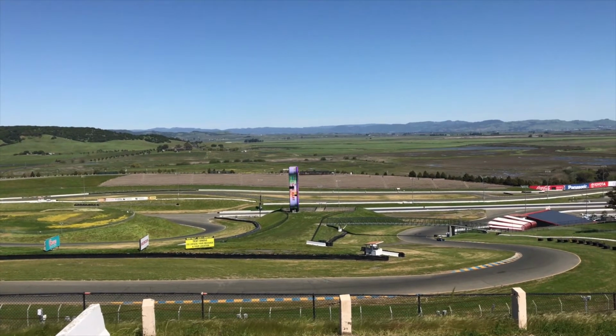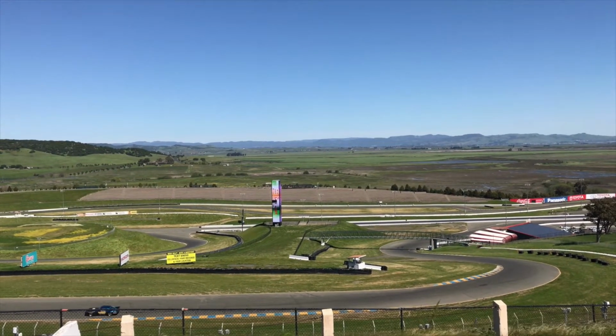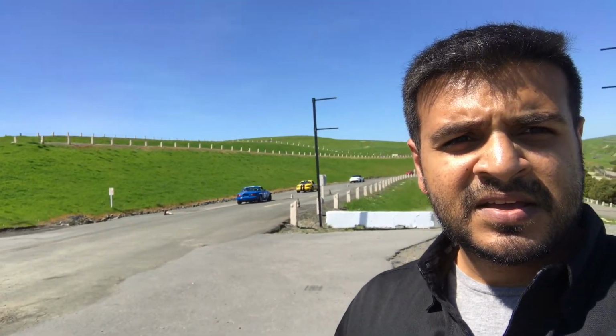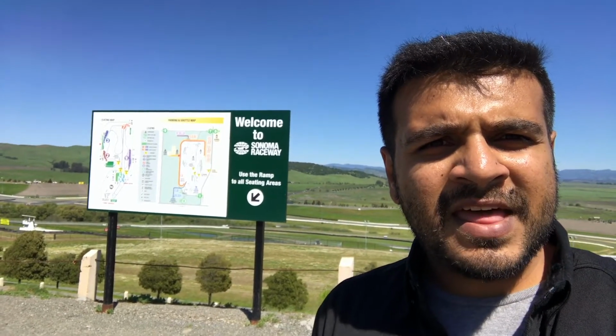Well, the track has 49 meters of elevation, but the hike up here is far more. And we have some Mazdas going behind us. So we see the wine country behind us, that's Sonoma, with all the vineyards, all the farms, and here I am at Sonoma